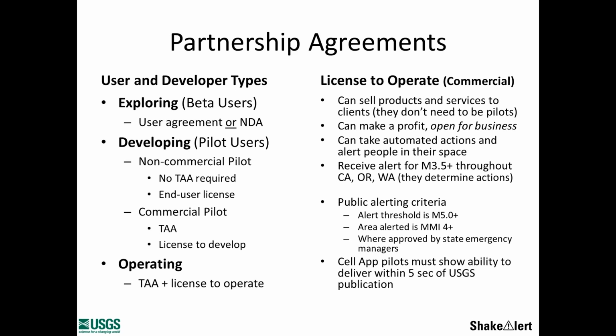And we use this as an onboarding technique to get people interested and thinking about things that they can be doing. And so what we're doing is we're working with a class of partners who are now coming up with those creative and innovative ideas to apply ShakeAlert in authentic environments, and that's where they move into the developing phase. And once, over time, and we have a few partners who have gotten to this point as of now, where